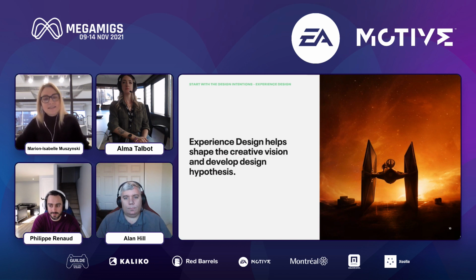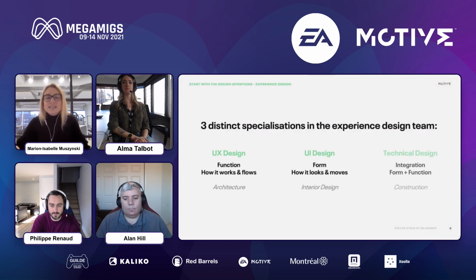What do we mean by a good intended experience? So we design and integrate specific elements of the interface with the user in mind because it is an intended experience based on expected behaviors and user sentiment. Using those, our team can develop hypotheses that require testing. At Motive, the experience design team spans across 3 different specializations.